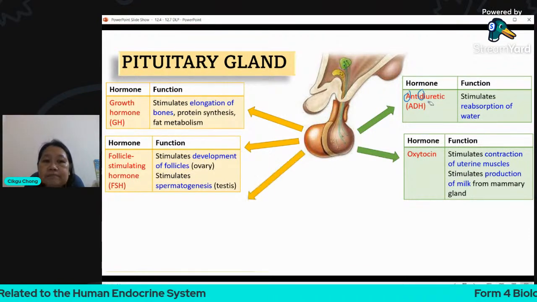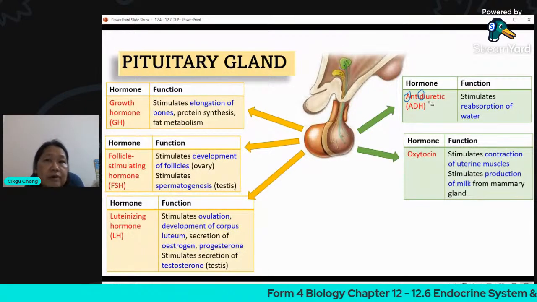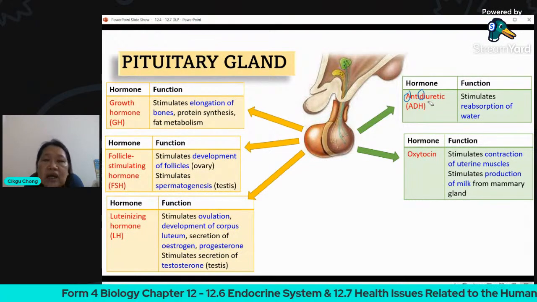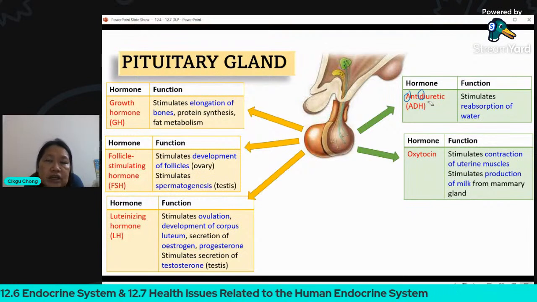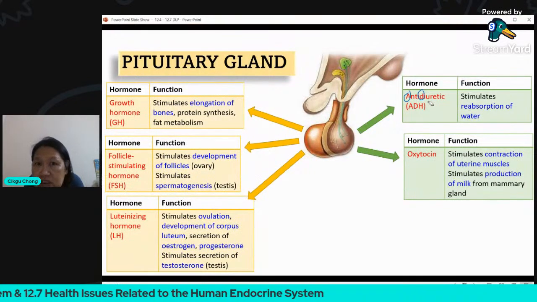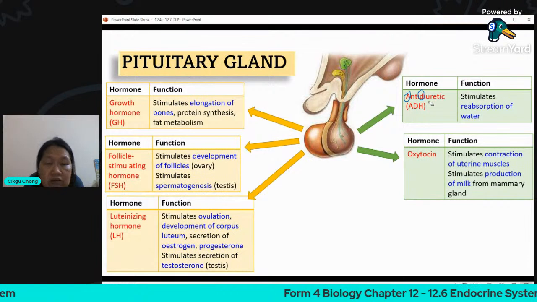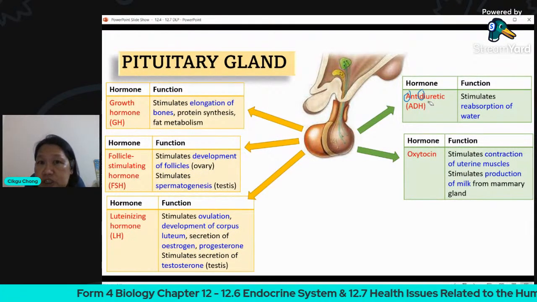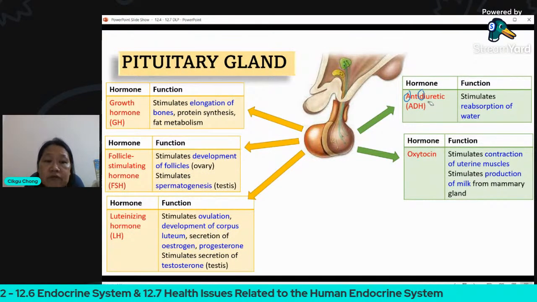Okay, next one is LH. So when you talk about FSH, don't forget about LH. LH is called luteinizing hormone. If you remember your chapter 15, this is the hormone which will be released in high amounts during day 13 or 14. When the LH reaches its peak, when there's a lot of LH being produced on the 14th day or 13th day, this will trigger or stimulate ovulation. So the ovum will be released from the ovary on day 14.